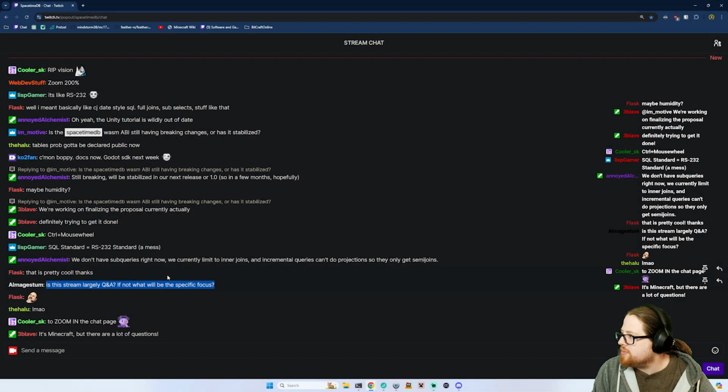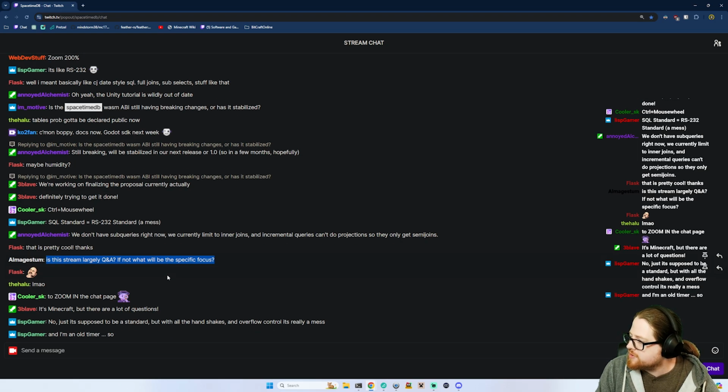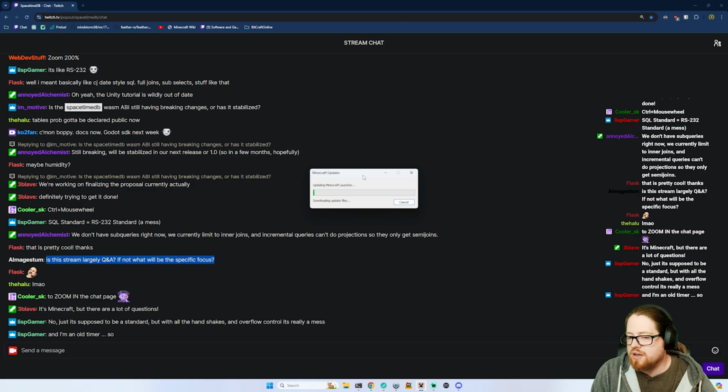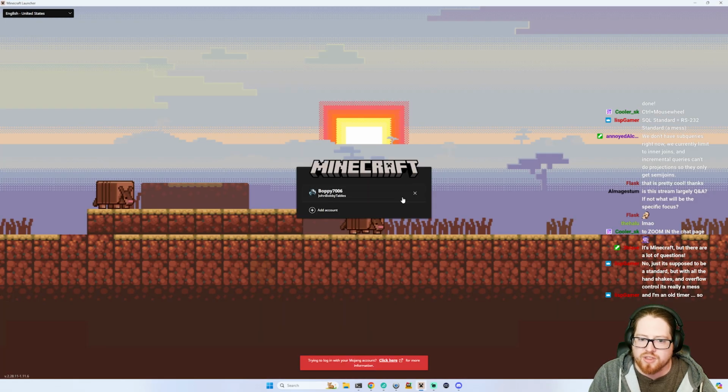So essentially what happened is that I left for 2 months. Before I left, we were working on a Minecraft series where we're building Minecraft on top of SpacetimeDB. It's like a Minecraft server on top of SpacetimeDB, just using the regular Minecraft client. So you can literally just open Minecraft and connect to it. There's like a translation service that needs to happen in between the clients and SpacetimeDB. But essentially you can just connect with